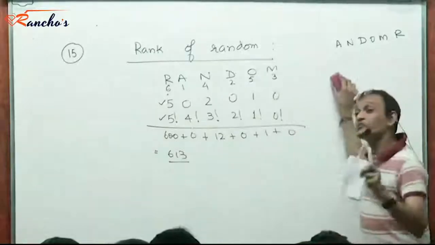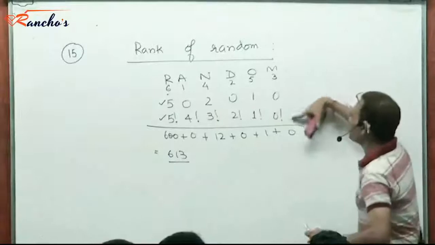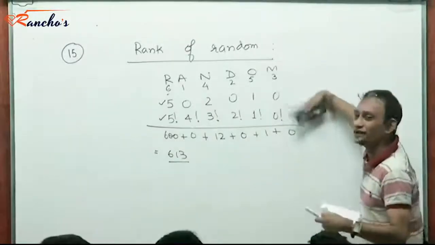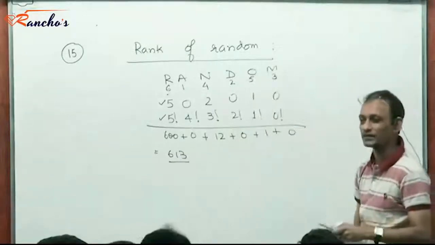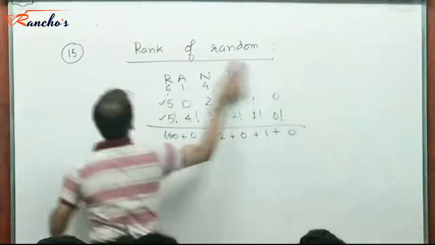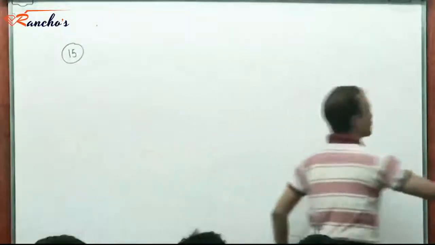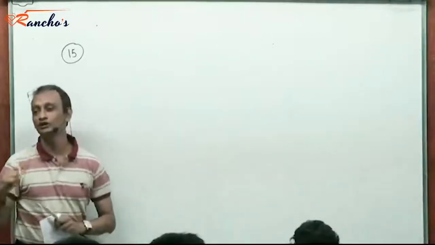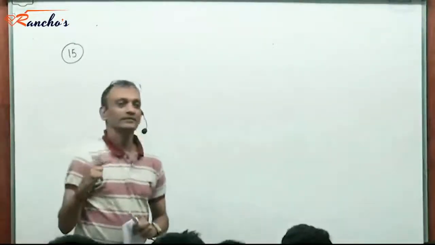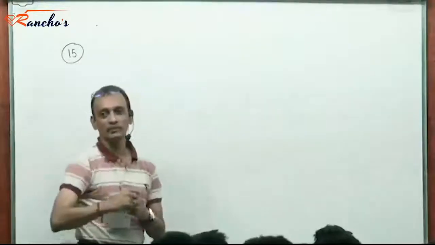Now, suppose there is repetition. And I want you to independently figure out the rationale behind doing this. But this is fast. This will work. You don't have to do that elaborate computation as we did. Again, I'll tell you a shortcut for that also. I'll start with the shortcut maybe.